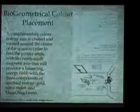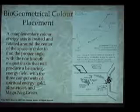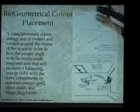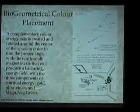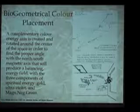Now the methods for this are many and varied, so I'll just touch briefly on a couple of them that we deal with in level 2. One is something called color placement, which can also be object placement. To make it very brief, what we find is that we can take any object, or we can take any